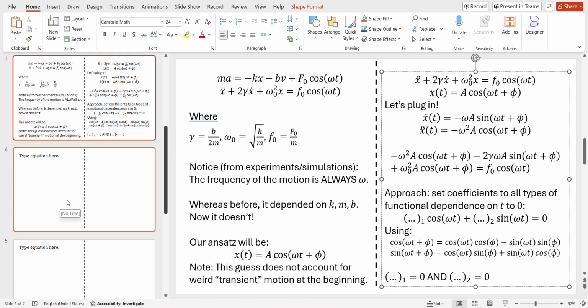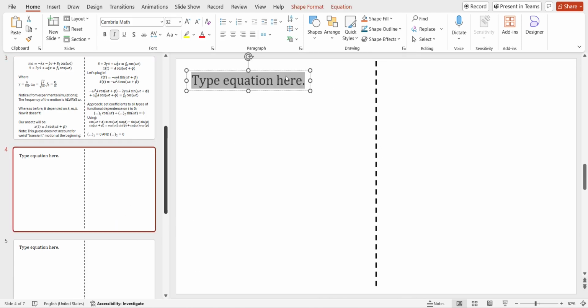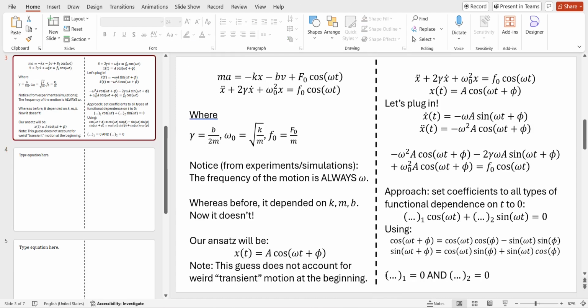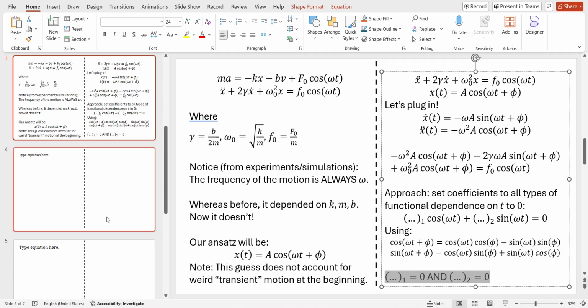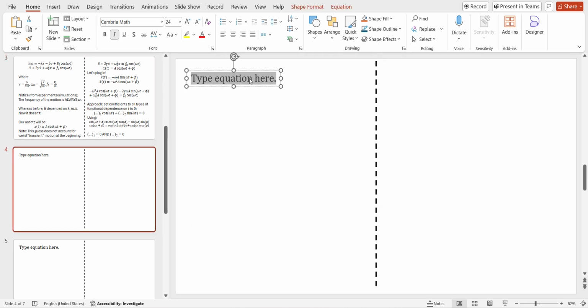Yes. So what will this give? This will give us, again, like I said, two equations in the end. One thing equals 0 and the second thing equals 0. So the two equations are going to be